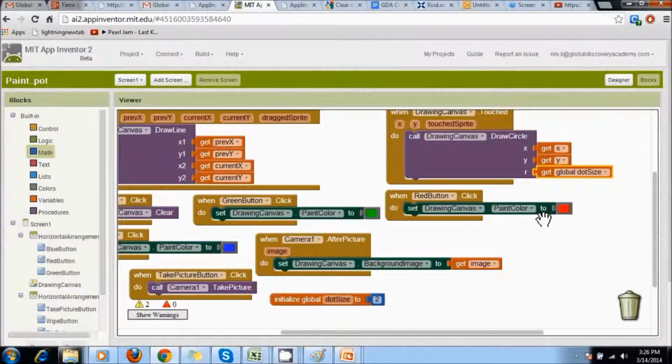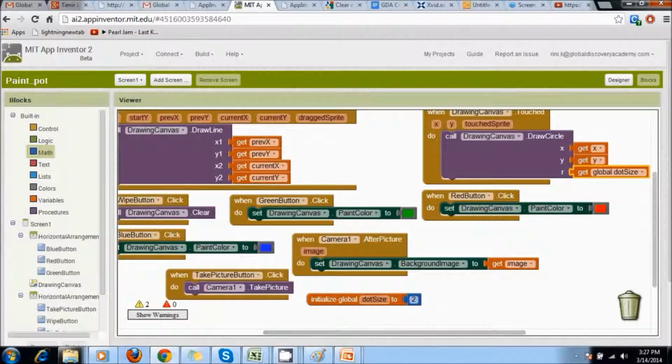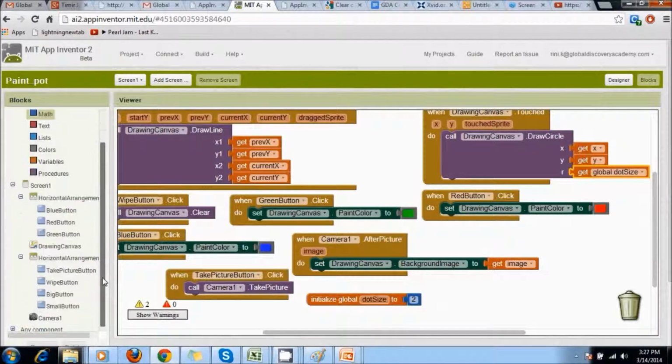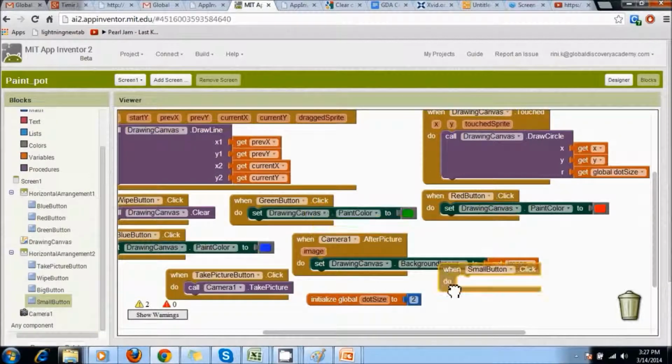Now how do we change the value of these variables? Each time, if we want to come back and set this value to 10, then the value here will also change to 10. But now we have these two options called small button and big button. So first let's code for the small button. When the small button is clicked, what do we want to do? We want to set the variable size to 2.